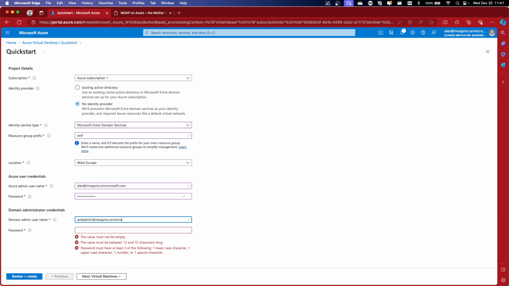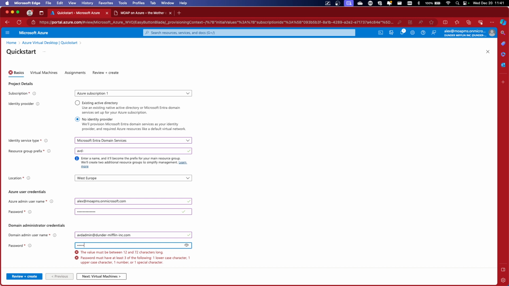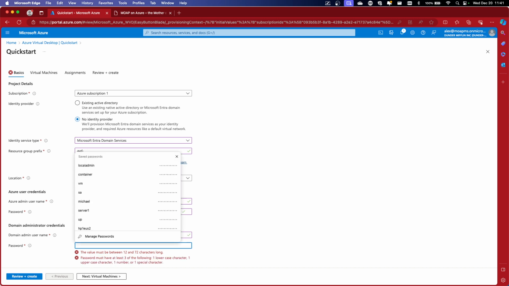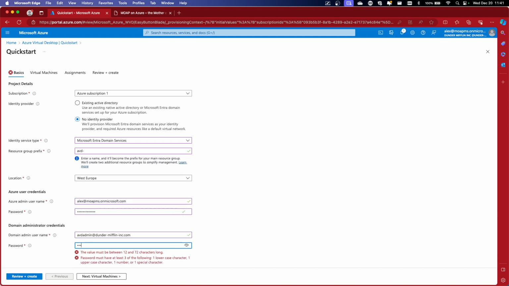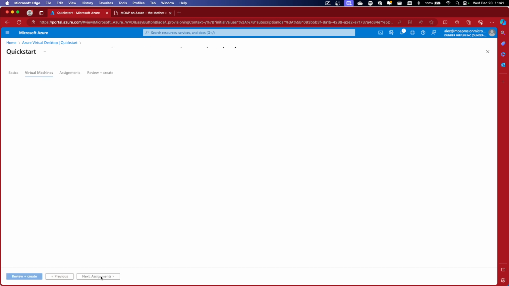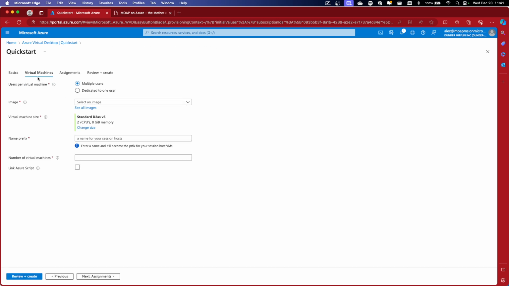Oh, you know what? I can actually use an actual demo domain name here. And I'm going to also add a password for that user. And I have to enter, of course, the right credentials. Here we go. So then in the next step, I have to select the virtual machines that I want to